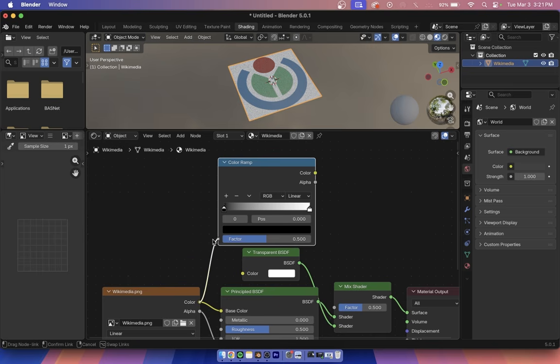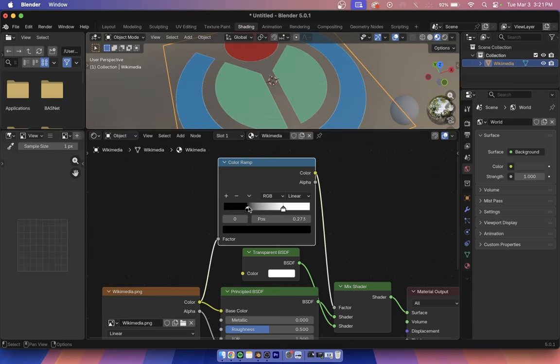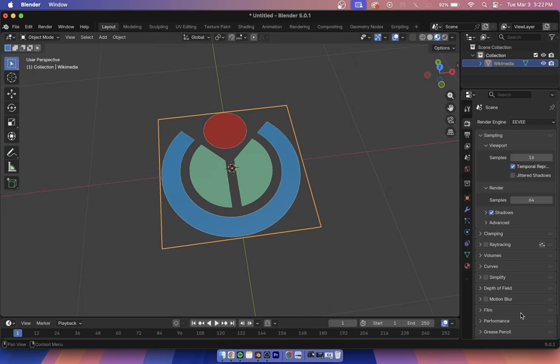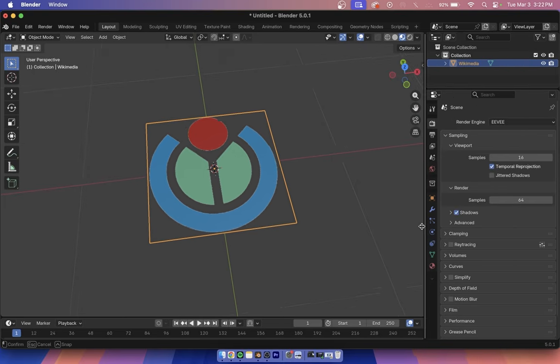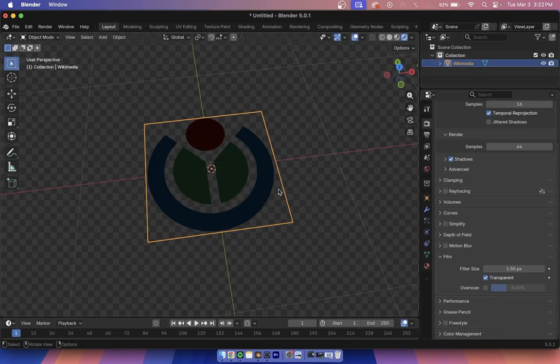This works best with two color logos, and your goal is to adjust your color ramp until your background disappears. With black and white logos, this is very simple, but for colored backgrounds, you may have to modify your color stops. Once you're happy with your result, enable Film Transparent and face your camera on a top-down perspective to view